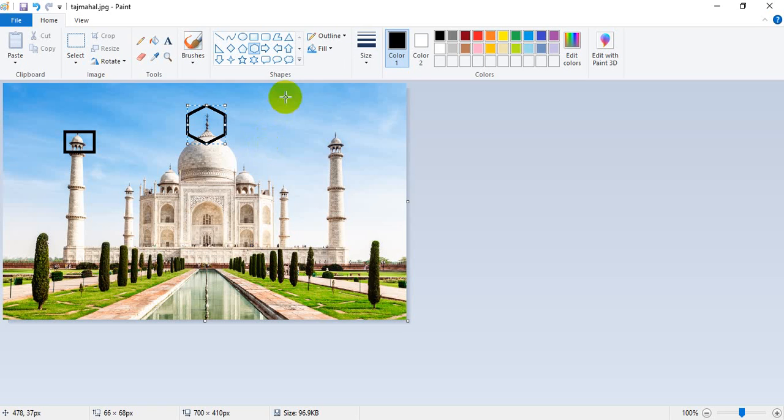Okay, so the first thing I am going to take is the coords for here. So again the procedure is the same, just you have to take your cursor toward any position. For example, I am going to take this one. So now you will notice that 354 and 38.